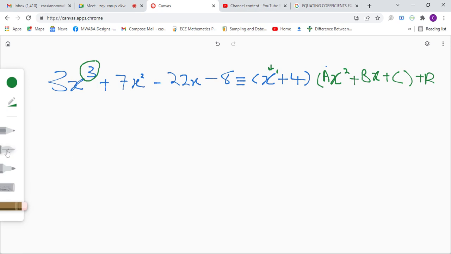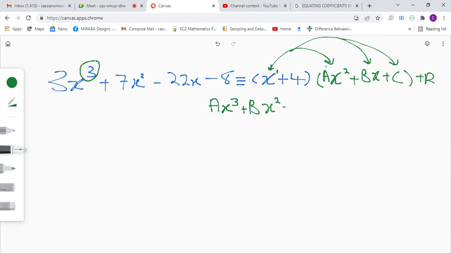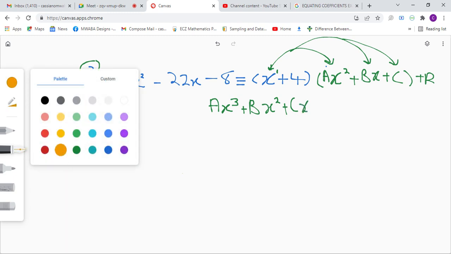Okay, so the next thing that we're going to do is expand our brackets. So we say x times ax squared, we get ax cubed, right? x times bx, we get bx squared. x times c, we get cx, so say plus cx. All right, then